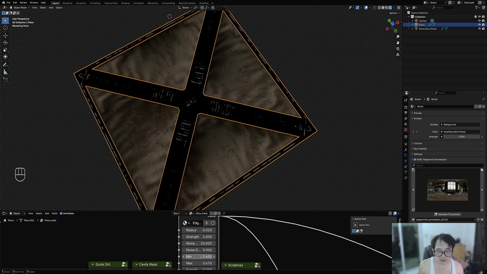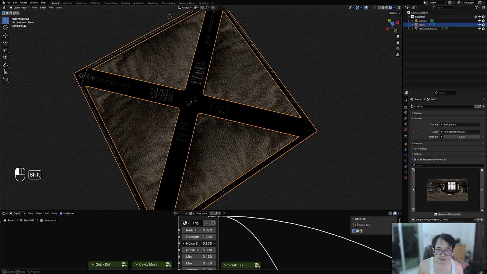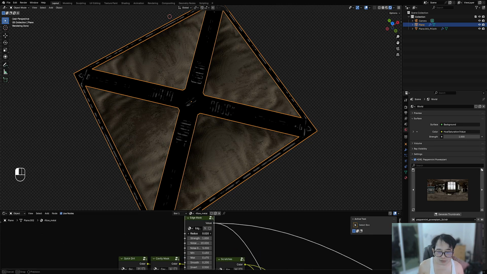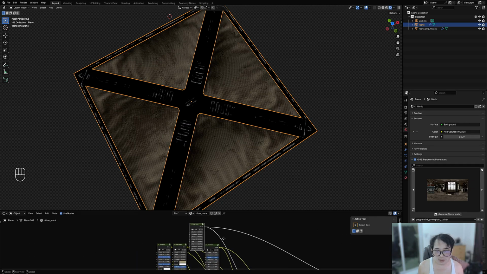And then to just reduce the effect of the noise, you can just lower its scale. I guess 0, okay, just lower to 0, something like that. And then you can just let the texture affect the ranges. Okay,